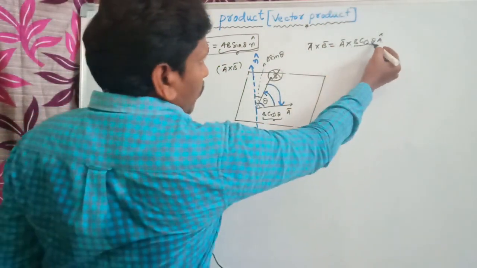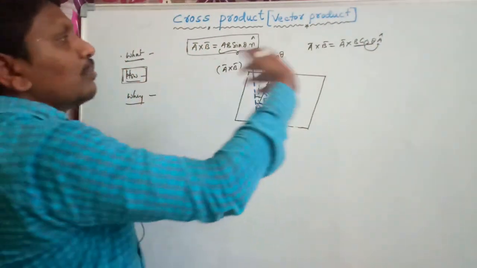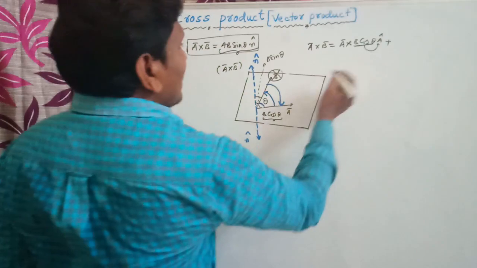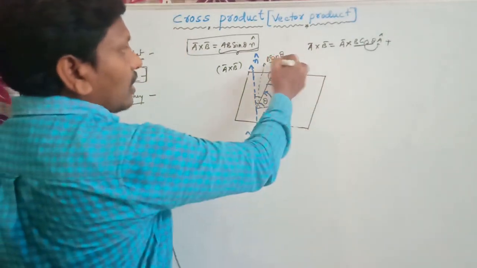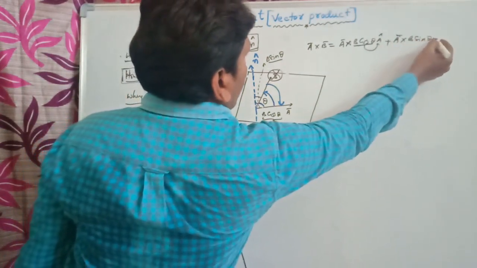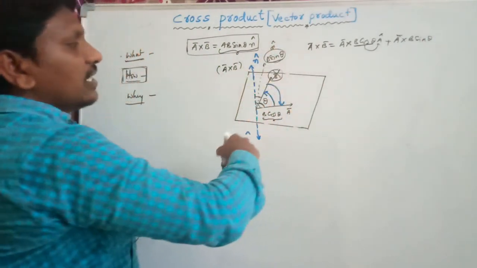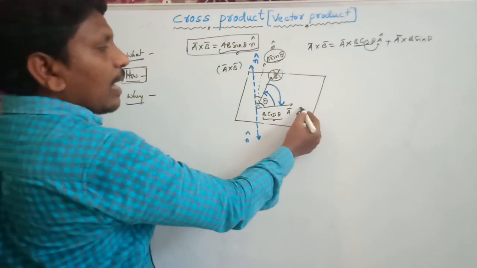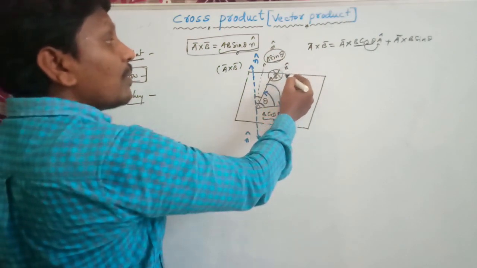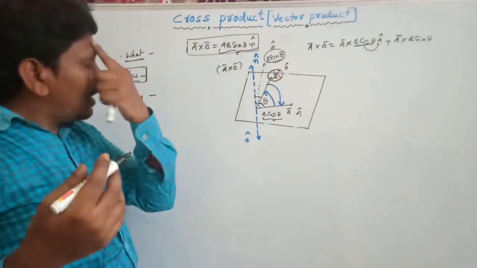So we need to multiply the unit vectors. Also we can understand this as a magnitude multiplied by a unit vector, then simply converted into vectors. Vector represents cross product. Plus, A bar is multiplying with B sin theta. And this B sin theta is in which direction? In n cap direction. This B cos theta is in A cap direction, this B sin theta is in n cap direction, whereas this B bar vector is resolved.